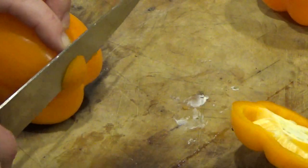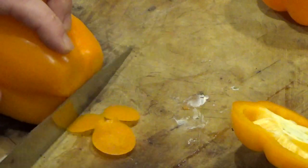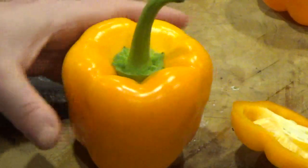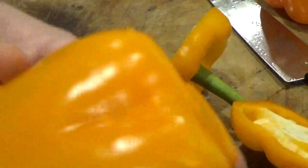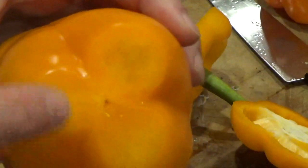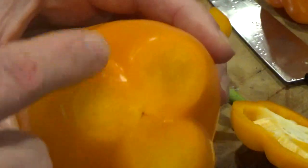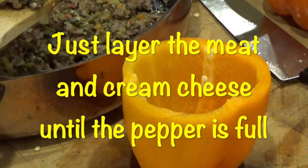try and make sure that they're all the same size. And that now will stand up straight, you see. When you cut the bottoms off, what we don't want is to go all the way through the bottom, because otherwise the inside will leak through. Okay, so then we're going to